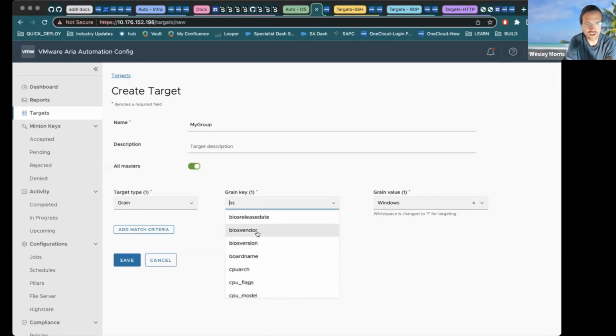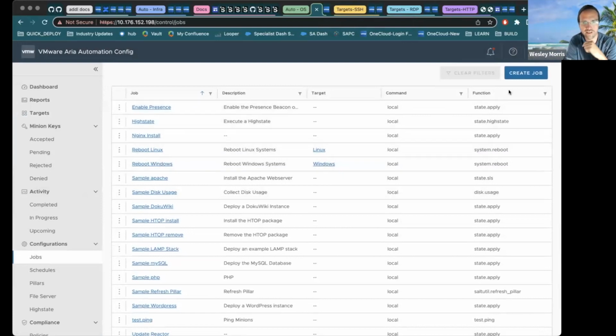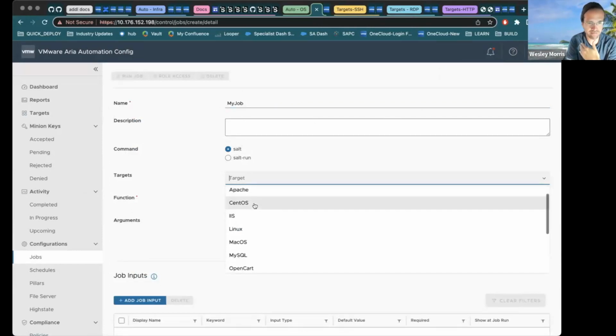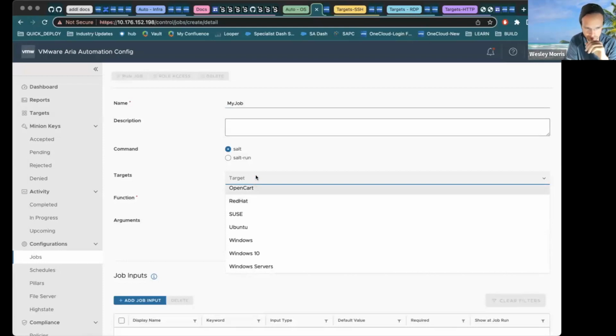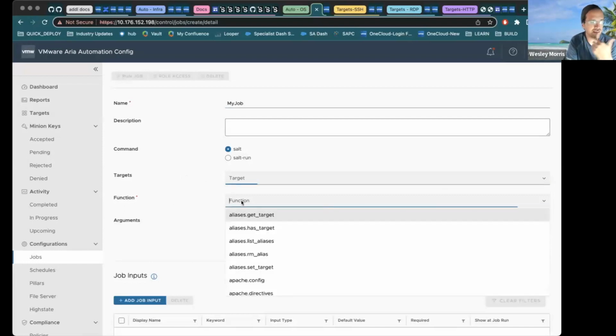If we take a look at jobs over on the left, jobs has a similar wizard. And if you just hit create job, we can sort of see what's going on here. We give it a name. We can hard code a target. It doesn't have to be hard coded because you can always on an ad hoc basis indicate which target you want. But if it's a job that can only run on a specific target, that's where you would hard code the target. Functions, this is going to reference a